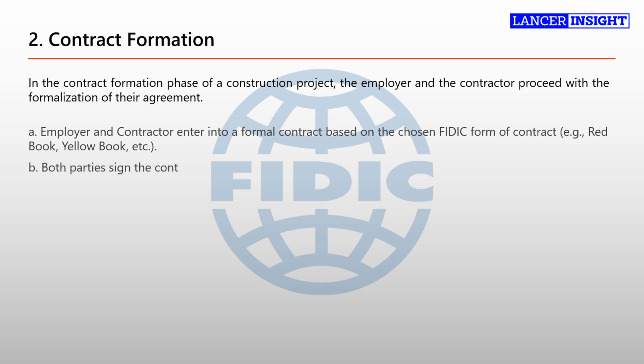B. Both parties sign the contract, which becomes legally binding. Once the negotiation and customization of the contract are complete, the employer and the contractor sign the contract to indicate their acceptance of the agreed-upon terms. By signing the contract, both parties enter into a legally binding agreement, which establishes their rights and obligations throughout the project's duration. The signed contract serves as the governing document for the construction project and provides a framework for the